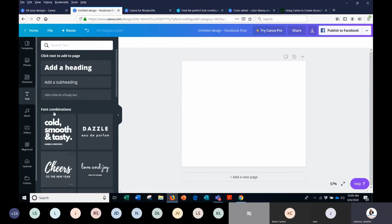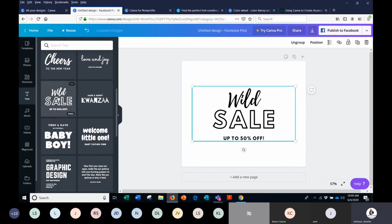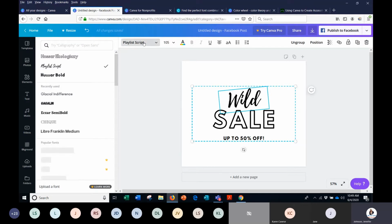Moving down here, this is where you're going to find your text. You'll see on the handout, one of the things I recommend using is Canva's font combination tool. Canva has already combined fonts here that go well together. So you could use something like this and then put your own text in it. But if there's one specific font that you want to use, you're finding it right here, you can